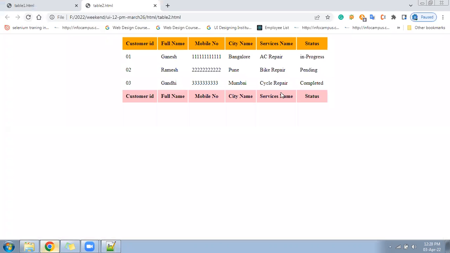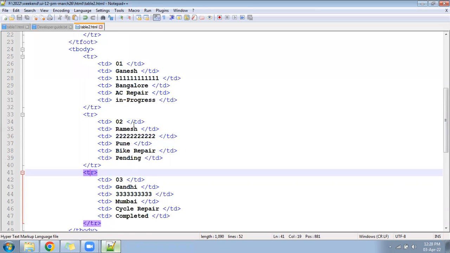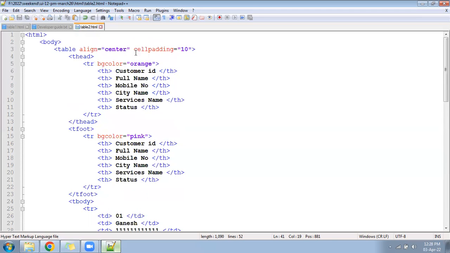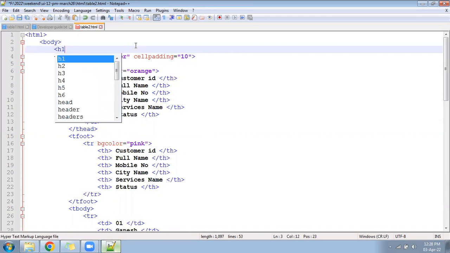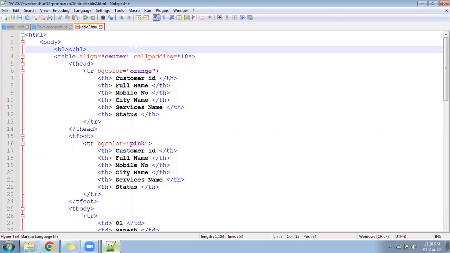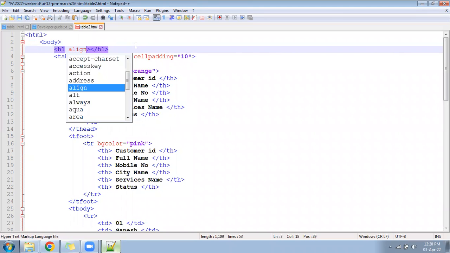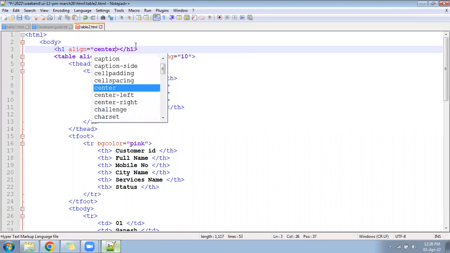Correct. Now we can add one heading on the top, before the table. The caption will not take the place inside because this is a different table structure. In this you can't write a caption. This is the second table structure. So H1 we have to keep outside, and we have to write align equal to center, and then we can write